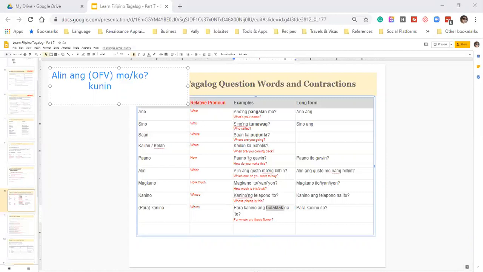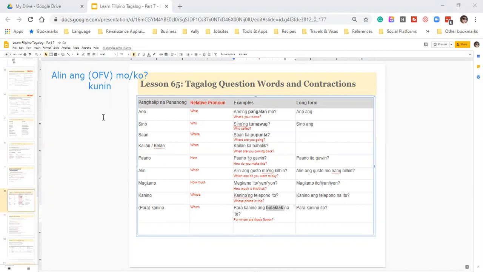And what is here? What do we use? Bilhin. So does bilhin mean buy or purchase? Yes. So bilhin is to buy. Bili is buy. Then what is nang? Nang is, alin ang gusto mo nang bilhin. Nang actually is a linker, okay? In this context, we're using nang. It has several uses, like that you want to buy. Alin ang, which one, that is nang, okay? That you want to buy, okay?